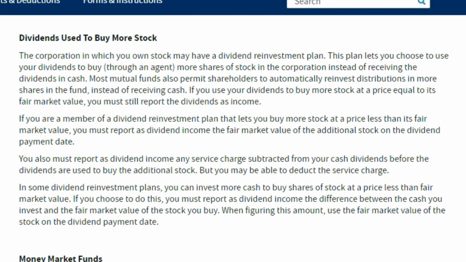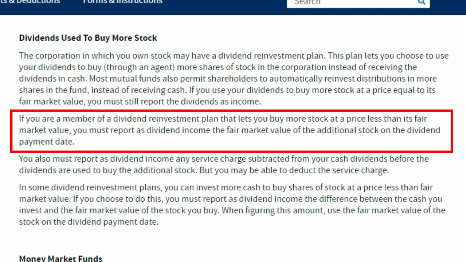Also of note here, if you happen to have dividends owned through a dividend reinvestment plan where you get a discount for reinvesting the dividend, where they might give you a 15% discount on the reinvestment of dividends, then that might not qualify as a qualified dividend as well, just for your awareness there.